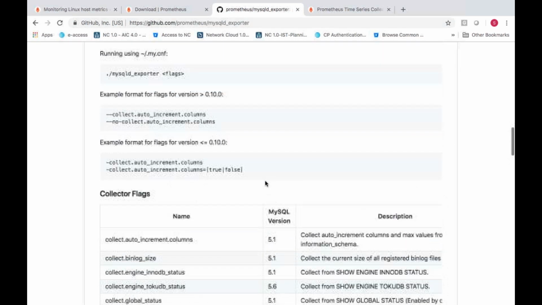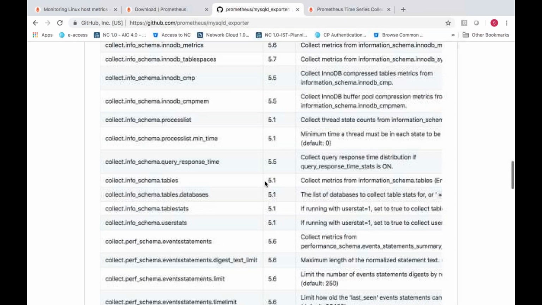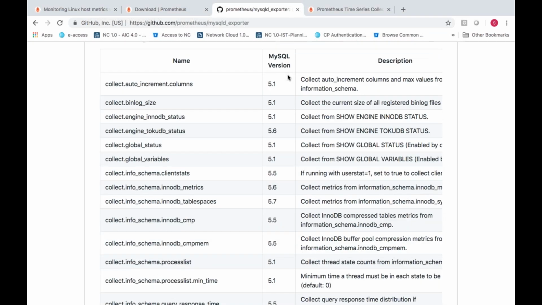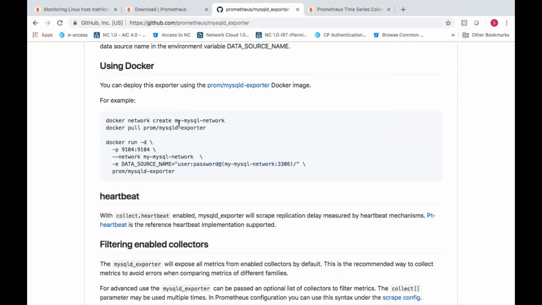These are the things they connect to. It shows which MySQL versions are supported. If you want to run it as a container, you can use Docker commands here. You can pull the MySQL exporter and create a container if you don't want to use Kubernetes.